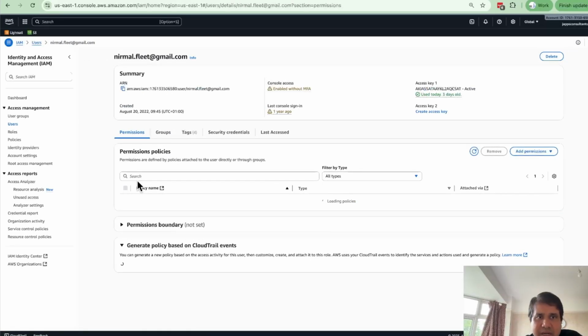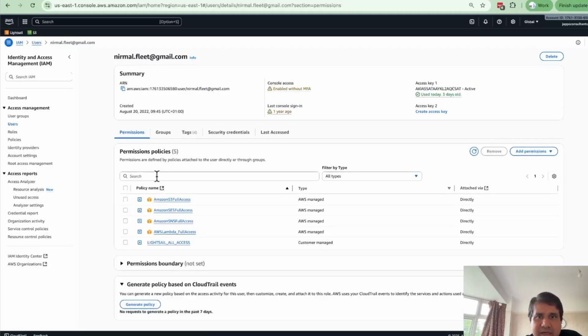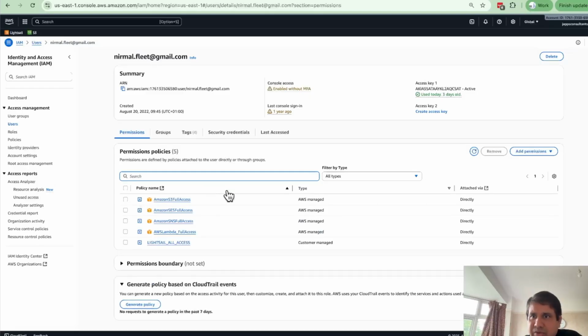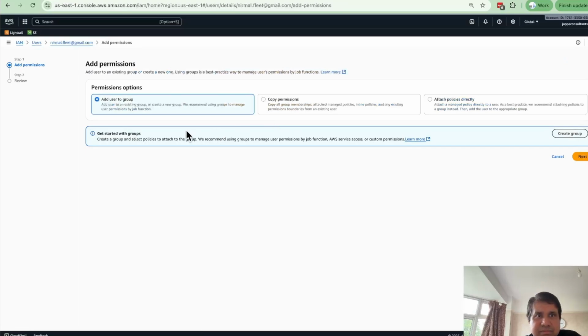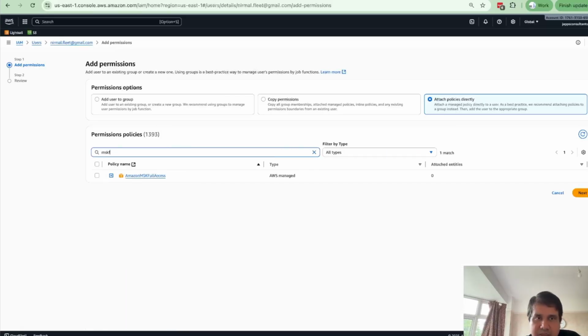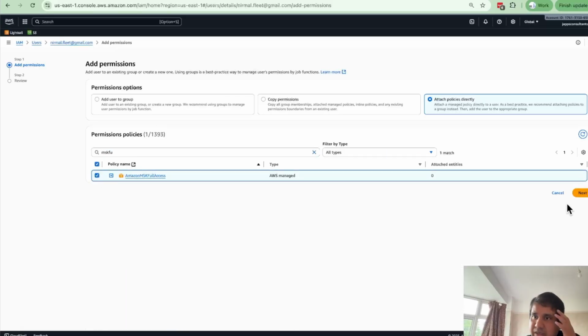Then go inside that, and here search for MSK full access. Oh, it's not showing. Here it will show. Add permissions. Attach policy directly here, and here type MSK full access, and next, and you'll be able to attach that